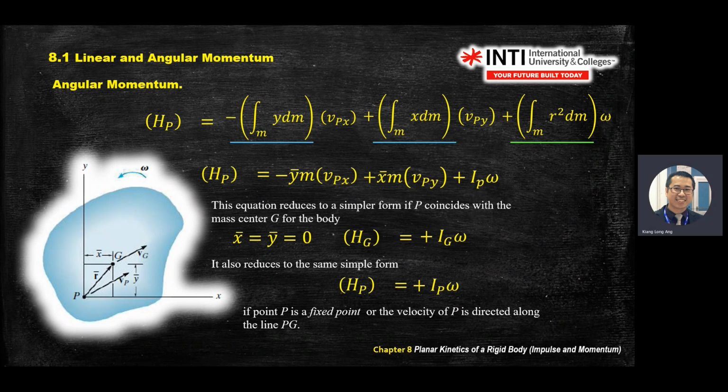So the equations that you see are very complex. You can ignore the blue color component. Okay, so you only arrive at H equals I omega. Okay, in this case,